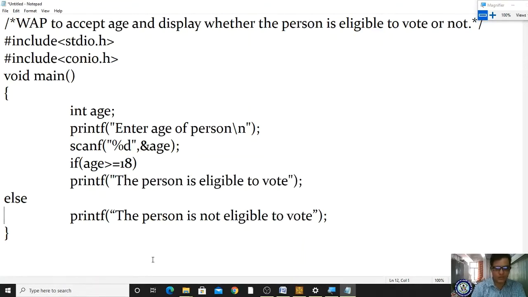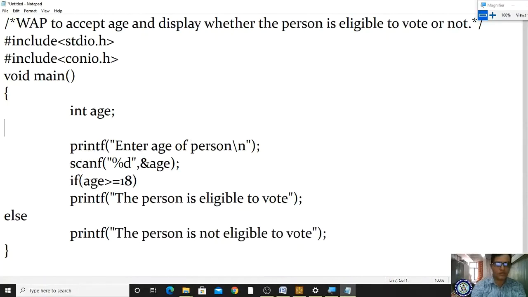It is the best example for you only, right? Now you are 17 plus, right? So after completion of this year, you are eligible to vote. After the variable declaration, what do we have to do? We have to write clrscr. Before closing the program, what do we have to do? We have to write getch.